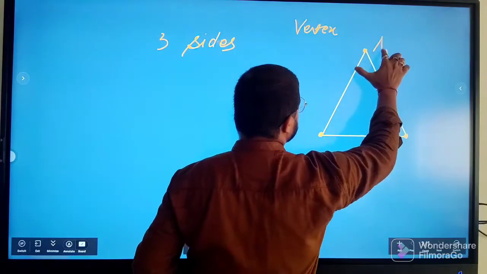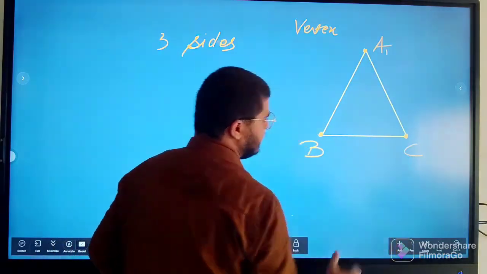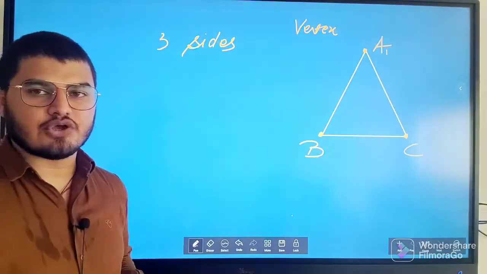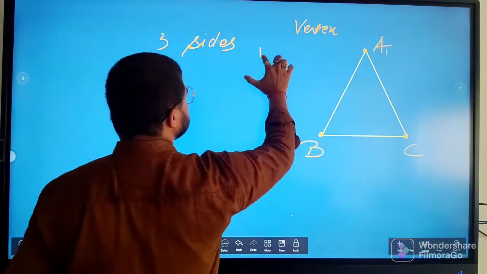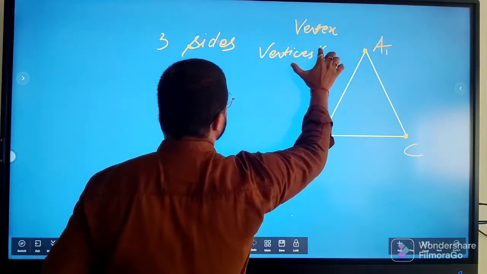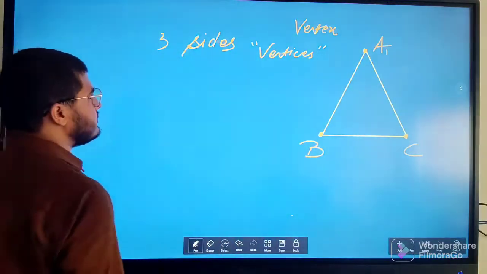Let us name these vertices A, B and C. The plural form is vertices. So the triangle has three vertices and three sides,